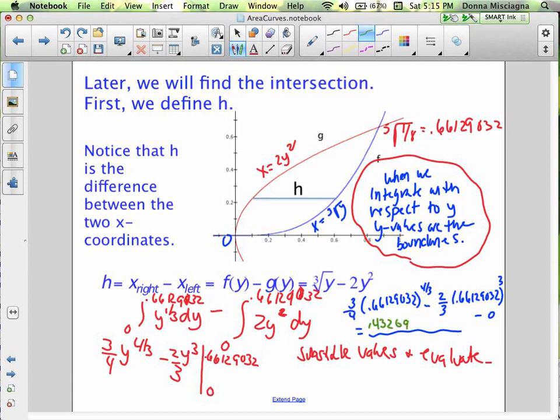0.432099885 minus... oh, and so the minus 0. If I plug in a 0 into either one of these, it would be minus 0. If I plug the 0 into the first one, it's a 0. If I plug the 0 into the second one, it's a 0. So I end up just with the ones that got the decimal plugged into it. So when we have the same point,